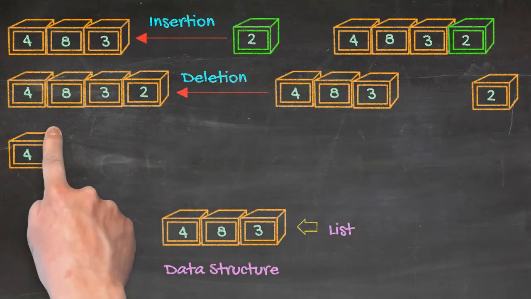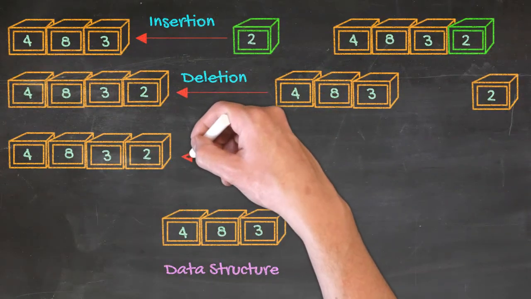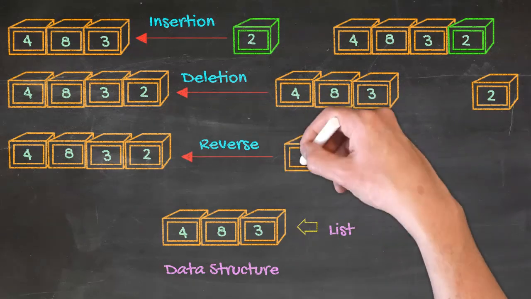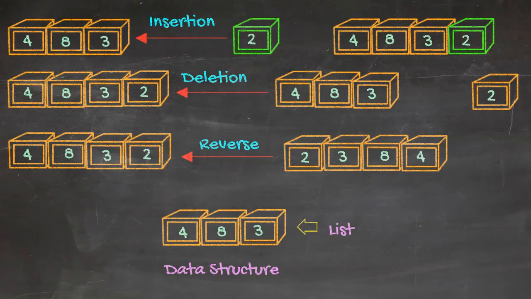Now let's see what the reverse operation means. Let's apply reverse. Then our box list will be like this. Here I just explained what these operations mean. You see, it's a very simple thing. But from data structure to data structure, there is a different process to do that. We will learn how to do these operations for each data structure in later videos.